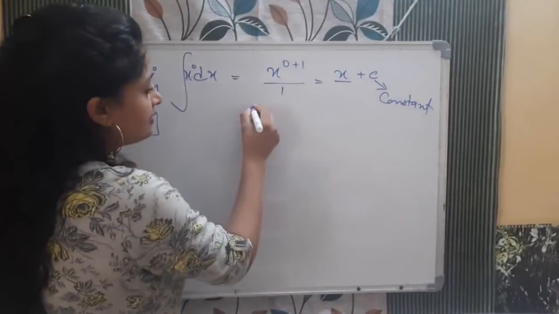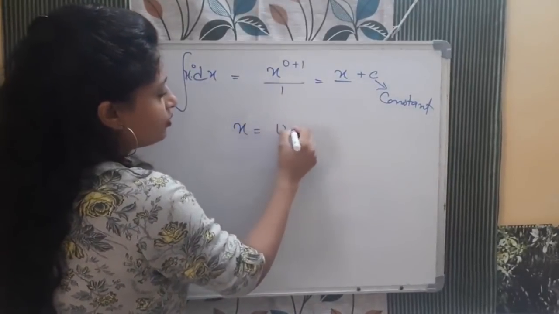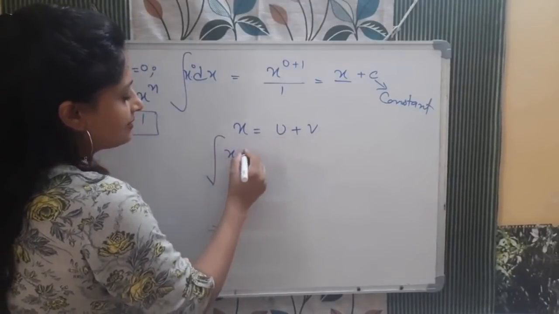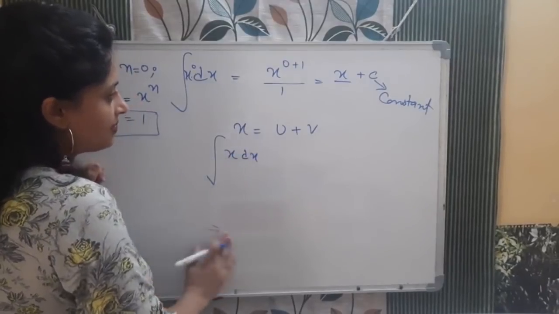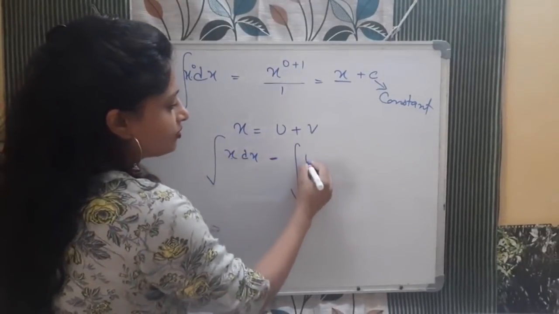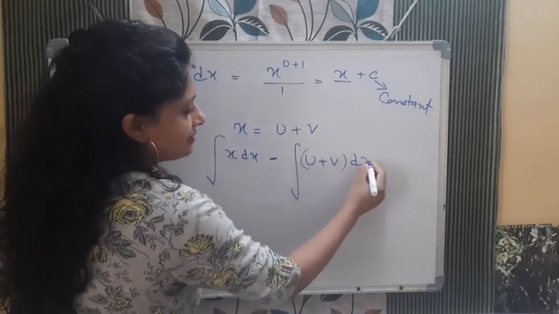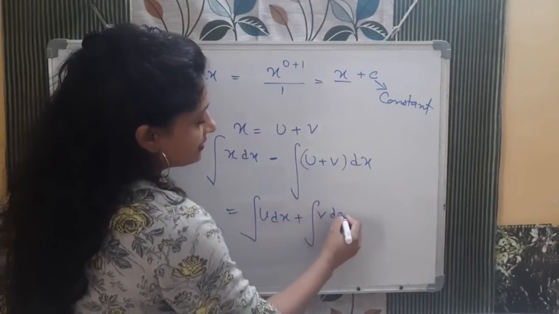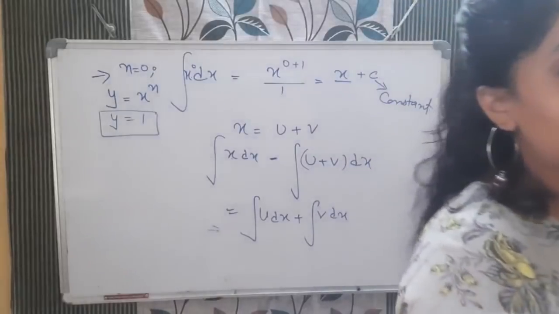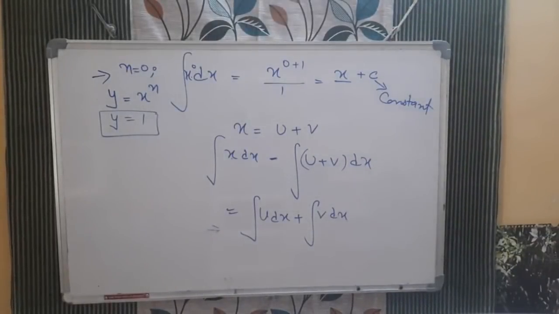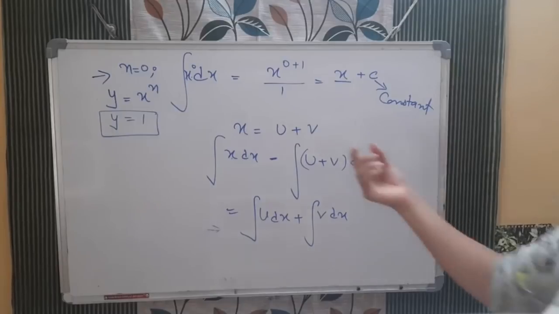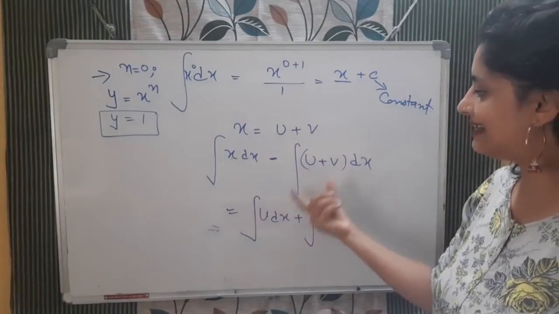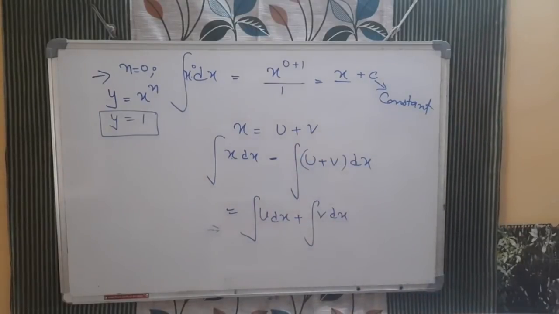After that, if there is a function x is equal to u plus v, you have to integrate it. How are you integrating? Like this, x dx. Now what do you have to do here? In place of the x you will put this u plus v. So any function that is like this, you can integrate into two different parts, u dx plus v dx. It is the next formula to understand. Like in differentiation, the same is here in integration also: when the function has two other functions as parts of it, in the sum form, you can integrate into individual form. So this is the third formula.